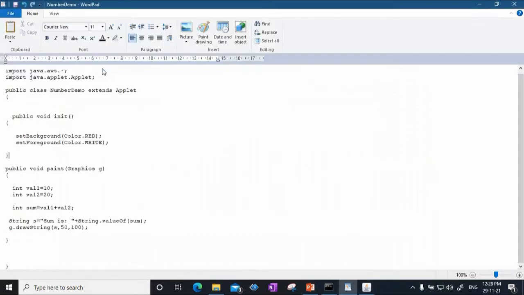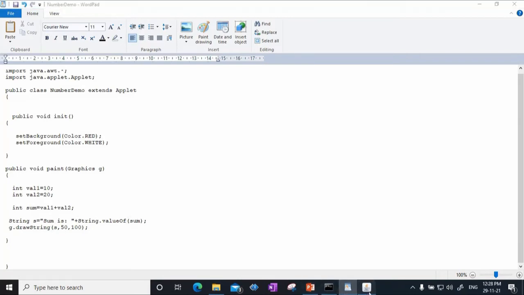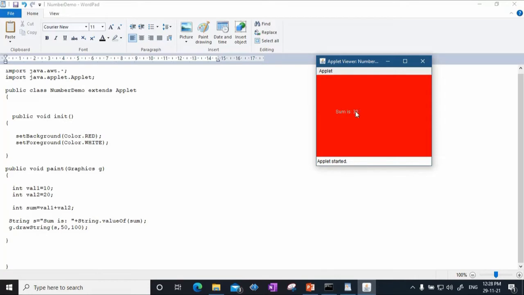Because I have specified in the init method that my setBackground is red, setForeground is white. Also see that value 1, value 2, they have been added, but the answer is in sum. So I have used a wrapper class String and its method valueOf that converts any numerical number that is given as input to the string. So that's why it has printed that the sum is 30. However, this 30 is a string value. So this is how any numerical data can be displayed by the applet.